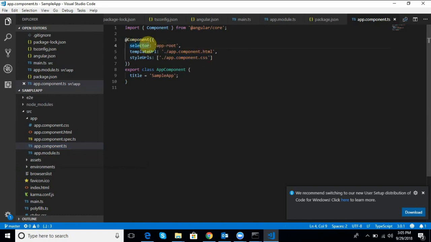And another thing to note is the selector property. So what this tells Angular is that whenever we see this app-root selector, the name app-root, we're going to be inserting an instance of this particular component. So